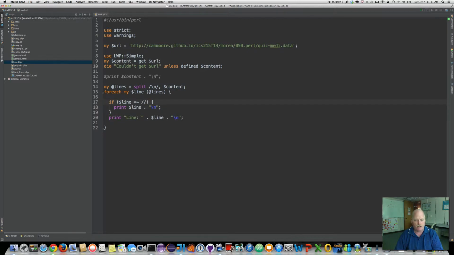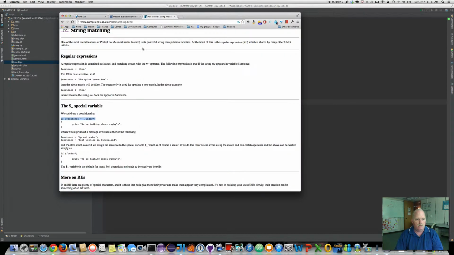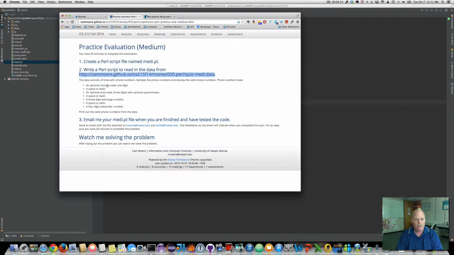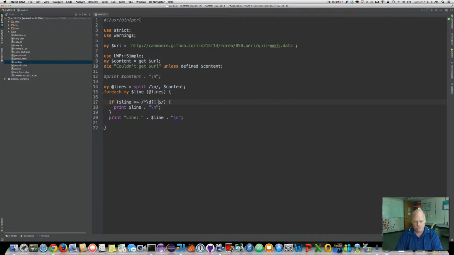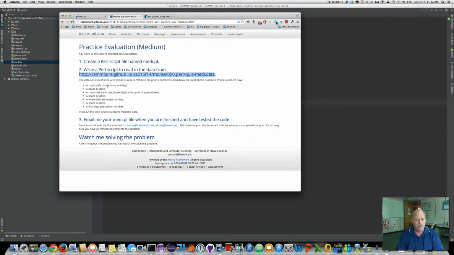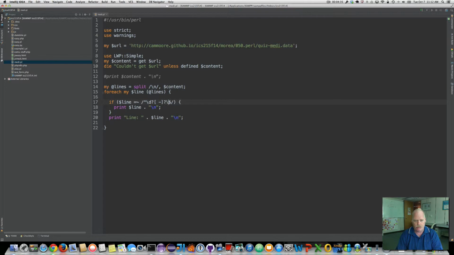So now what is our regular expression? Optional country code. Well, since it's an individual line, we get the start and the end. Optional country code, 1 digit. A space or a dash. Again, that's optional because if it's not there, our number will start with the number, and the dash or the space will not be there. An optional area code, 3 digits with optional parentheses, so we need to escape our paren. It's optional,